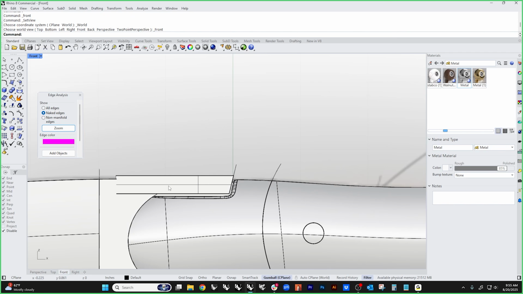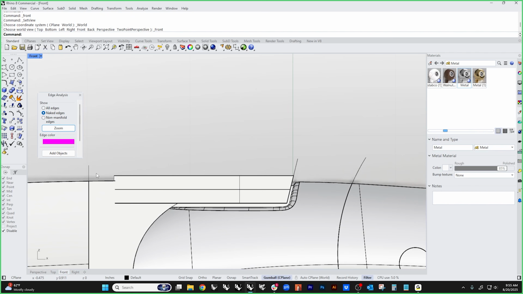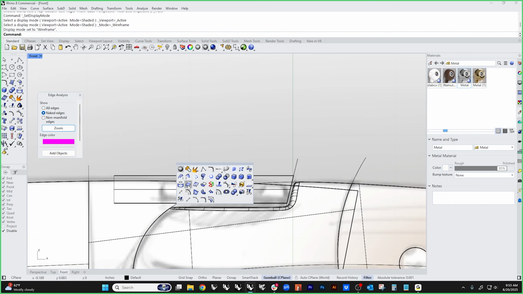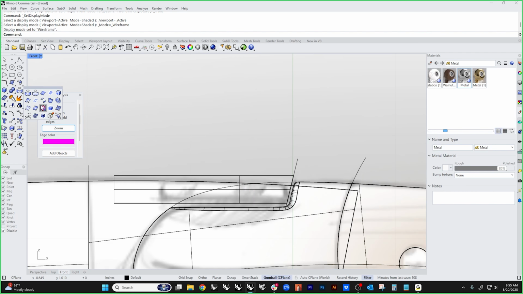And I think I would like this to follow actually the top of the blade too. So let's duplicate this curve, and I'm going to do that. I have all this stuff in my pop-up. I'm trying not to use my pop-up. I'm trying to show you where this stuff lives. We're going to duplicate this edge,